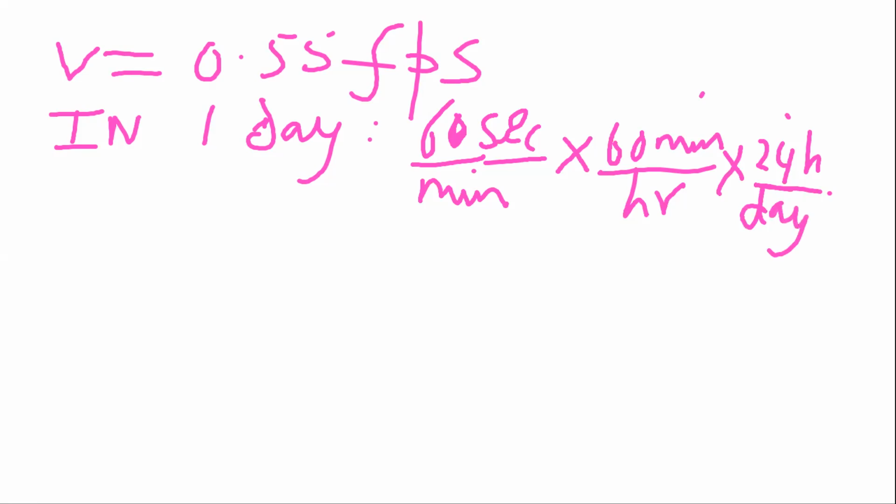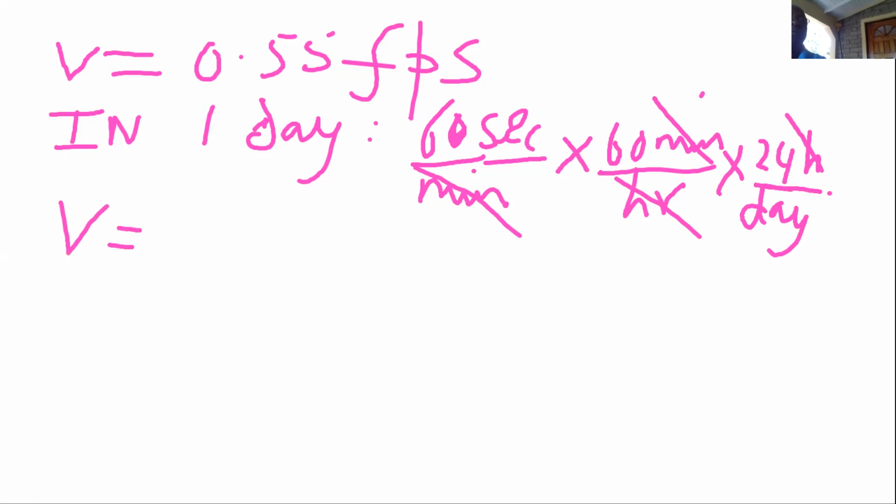So hours would go with hours, right? Minutes would cancel out with minutes. And the seconds going out to who? Remember we had to multiply all of this, what we're getting here, by something, to change the velocity, for example, 0.55 feet